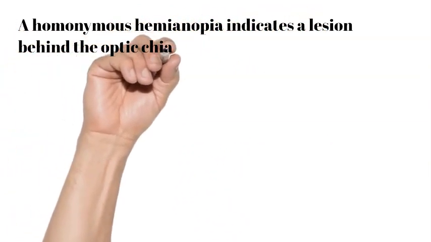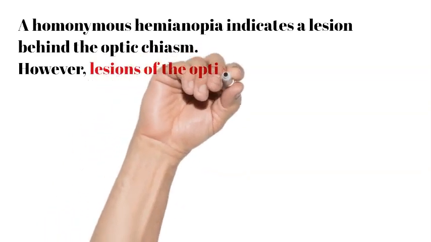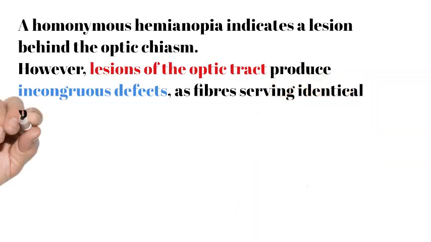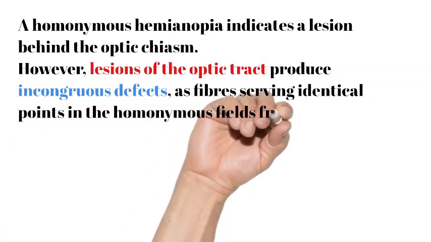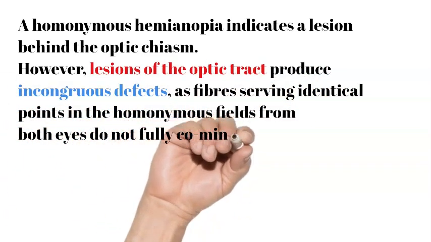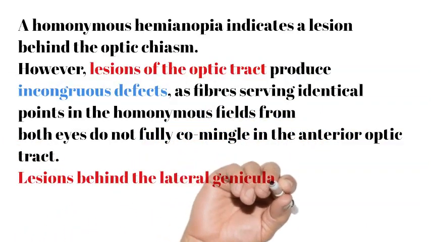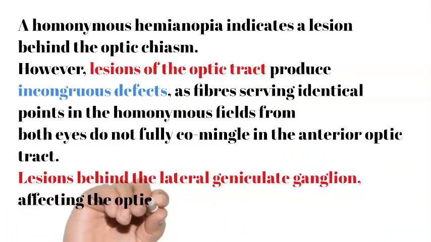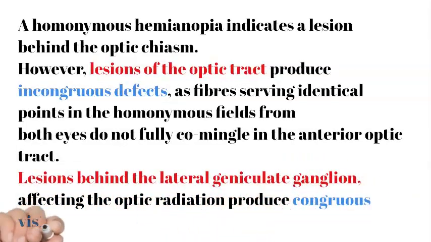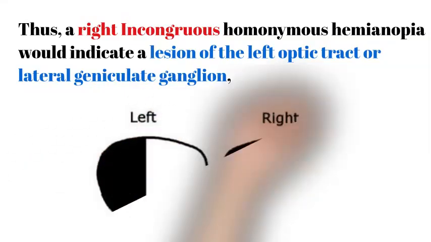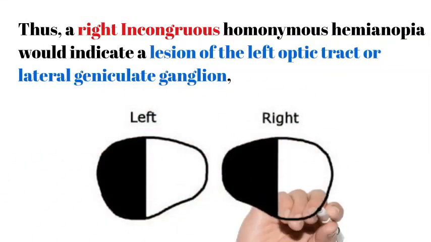However, lesions of the optic tract produce incongruous defects, as fibers serving identical points in the homonymous fields from both eyes do not fully commingle in the anterior optic tract. Lesions behind the lateral geniculate ganglion, affecting the optic radiation, produce congruous visual field defects. Thus, a right incongruous homonymous hemianopia would indicate a lesion of the left optic tract or lateral geniculate ganglion, whereas